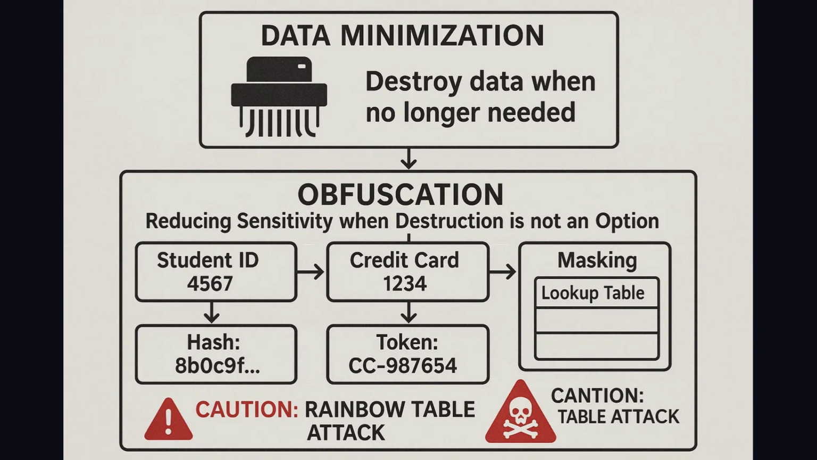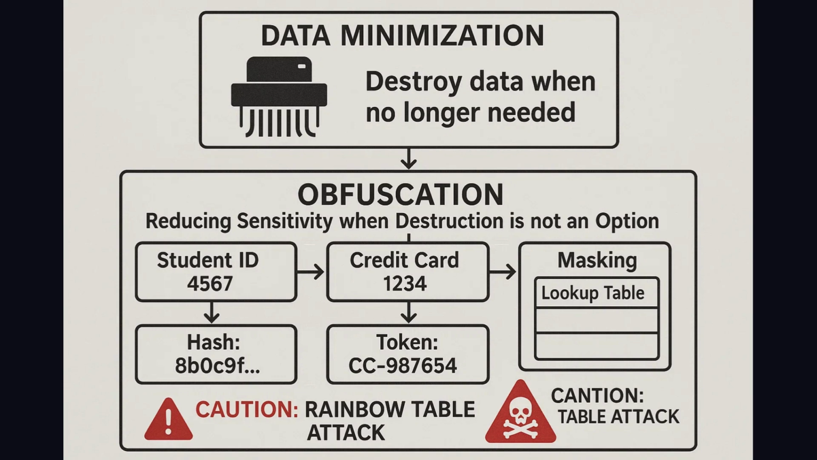Data obfuscation. This transforms the data so the original information cannot be retrieved directly. We have several tools here. Hashing. A strong hash function transforms a value into a corresponding hash value. Tokenization. This replaces sensitive values with a unique identifier using a secure lookup table. Masking. This partially redacts sensitive information, such as replacing all but the last 4 digits of a credit card number